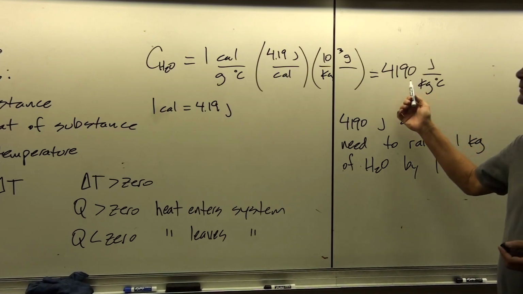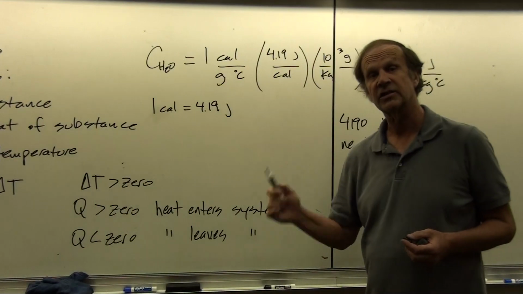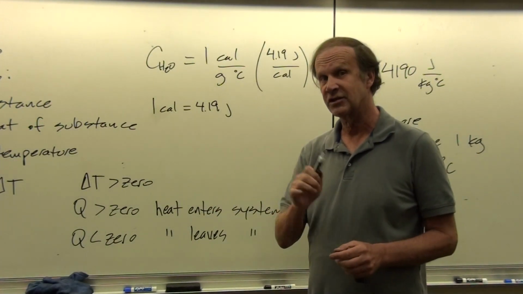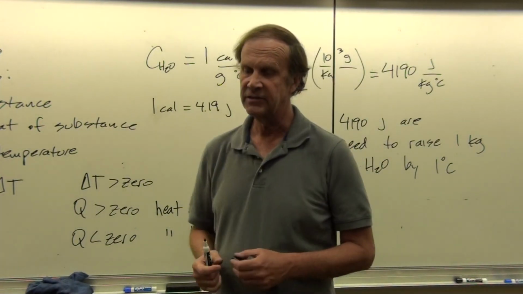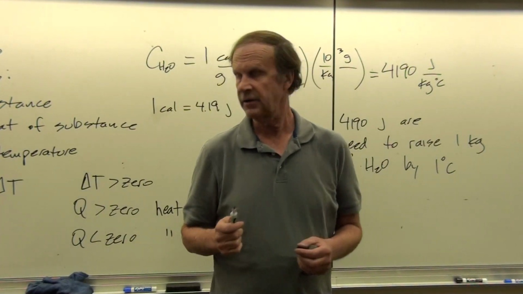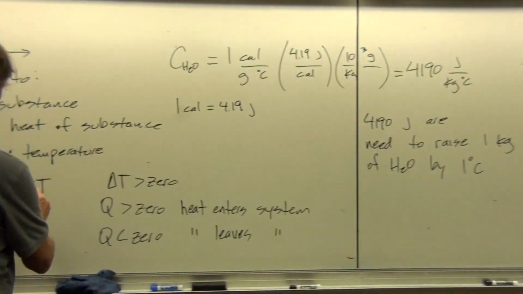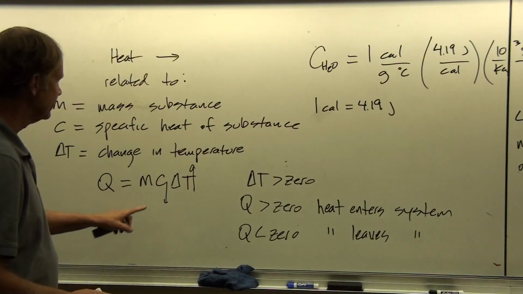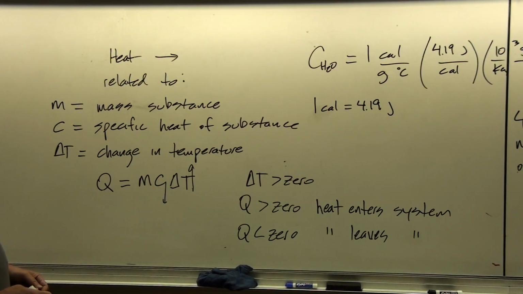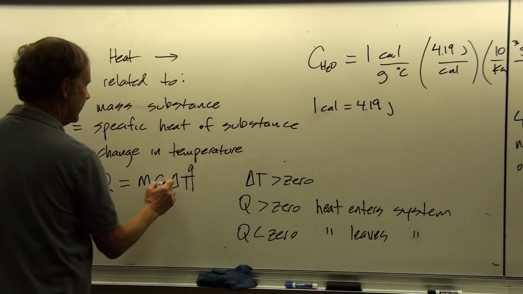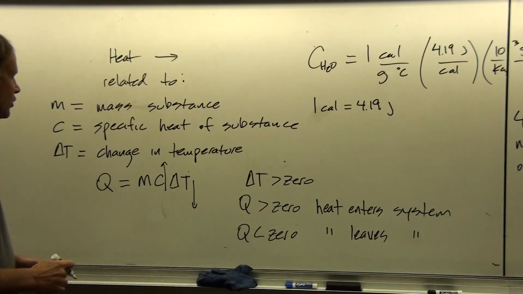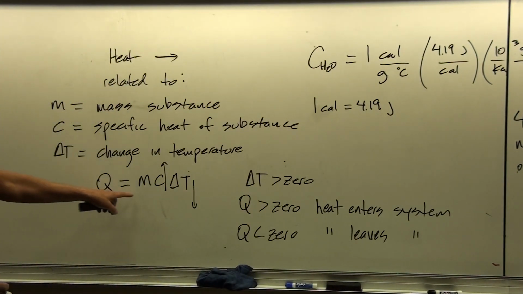And so if it has a high specific heat, it means it's hard to change its temperature. It takes more energy to do it. If it's a lower specific heat, as was mentioned in the video, then it's easier to change its temperature, because for a given value of the heat that enters the system, if the specific heat is lower, then the change in temperature is higher. Whereas if the specific heat, like for example for water, is higher, then typically the change in temperature will be lower, for a given value of heat that might enter the system.